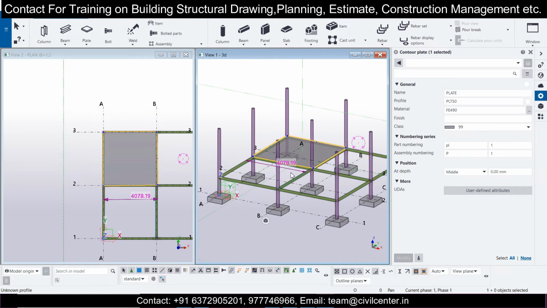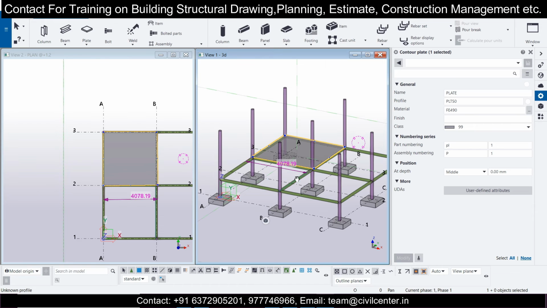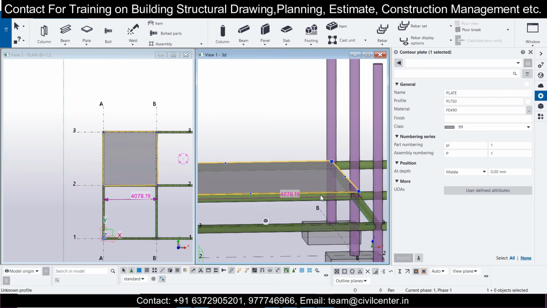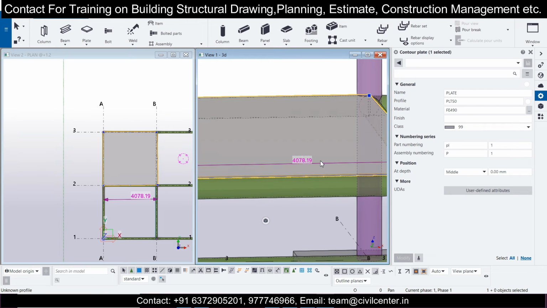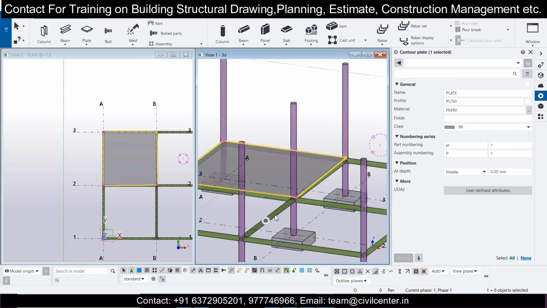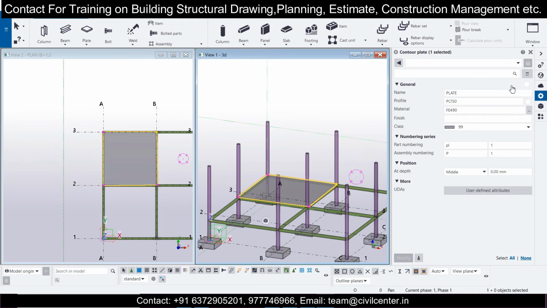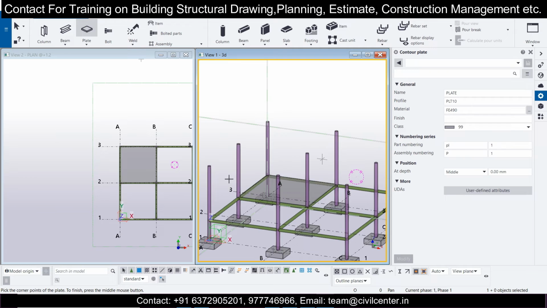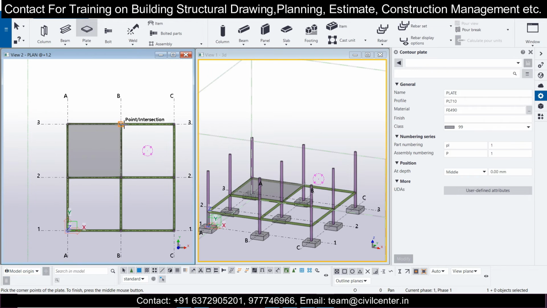If you want to just rotate the model, just click on the control and the mouse middle wheel button, and then we'll be able to view the change here. So you can increase or decrease that. For now, I'll just change this back to PL10, okay, and after that I'll go back to the plate here and then apply the plate to the model. So this is the procedure of applying the plate.